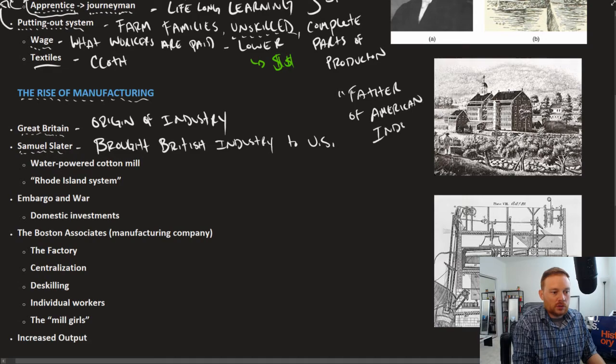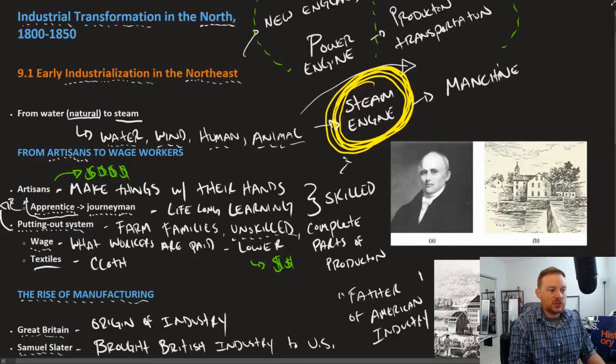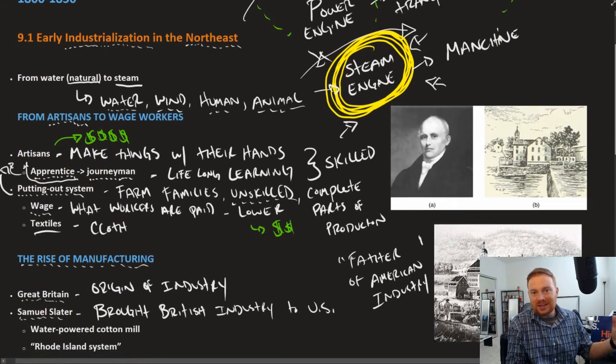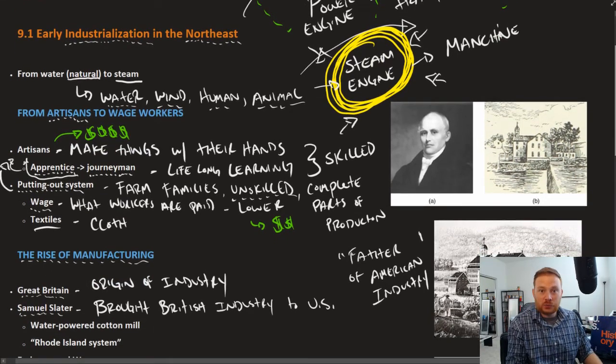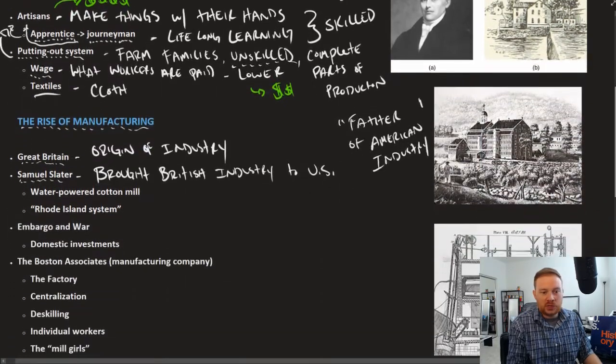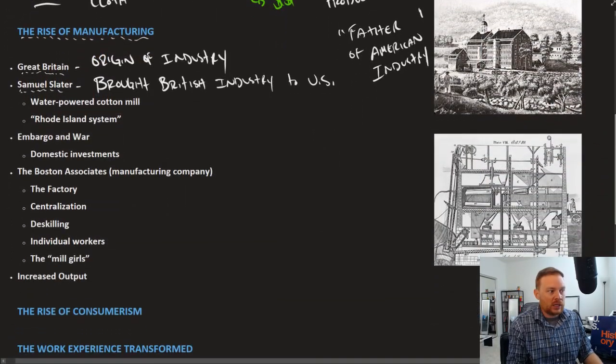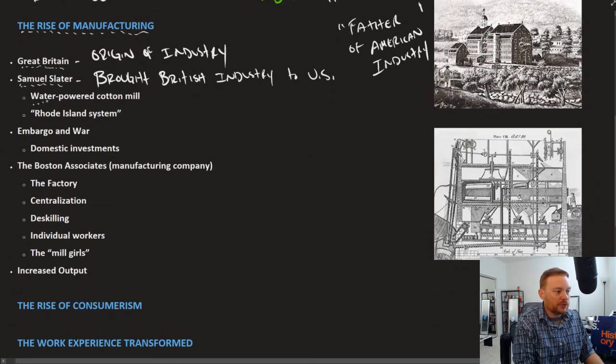industry. Because once you had this technology, right, once you had the technology of the steam engine, that was incredibly lucrative, and the British tried to protect that. They made it illegal to immigrate or to take that knowledge and export it elsewhere. They tried to protect it. Samuel Slater memorized the plans, came to the United States, and built the first water-powered cotton mill, and it proved